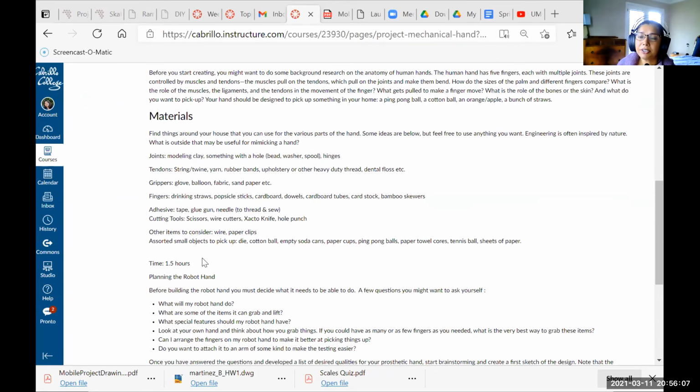Some background information. Here are the materials, and I had made these into groups, so you can see some of the things. Like group 1 was these items here, which would be really nice as joints. Think about your fingers. You're creating something where you can manipulate it to move like your fingers to pick something up. I've changed the word group into things for ideas, and by no means are you locked into these ideas. You can do whatever you want. The idea is to have fun and try to apply some principles of these two fields to a fun project.